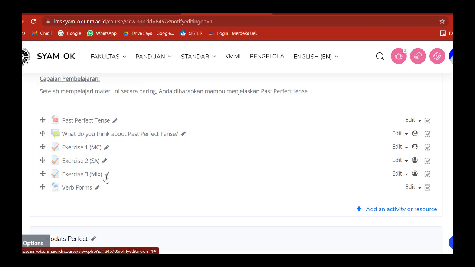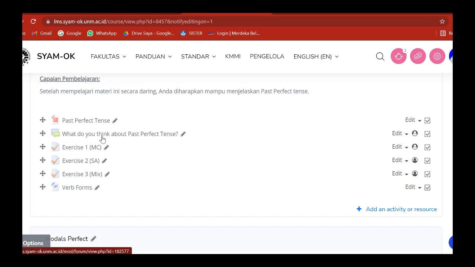And exercise 3, mixed. First, I'm going to explain to you how to do all of this. Firstly, you have to watch the video of this explanation. And then after that, you have to read this material. Okay, you have to open and read, and then after that